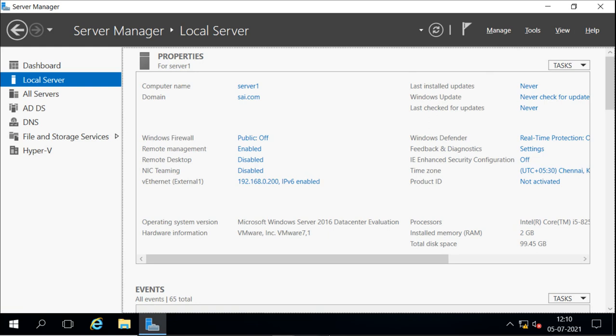Now, when we try to migrate or move the virtual machine from one server to the other, we have two options. Do we want to move the virtual machine with the storage, or do we just want to move the virtual machine only? If we move the virtual machine only, that will move very quickly, but it needs different things also.